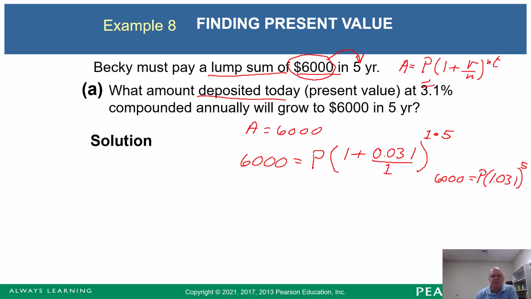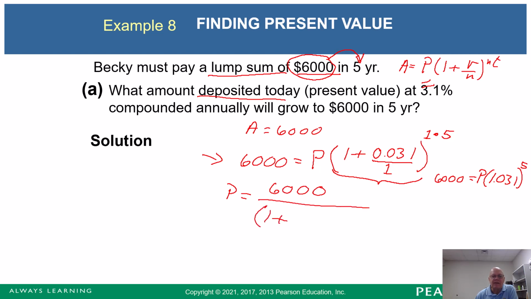So what would that be? Well, if we look at this formula as it stands right now with the numbers put in, we want P. P is being multiplied by this. If this were a 17, P would divide both sides by 17. So to get P, we'll divide both sides by